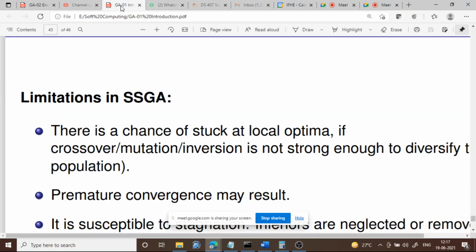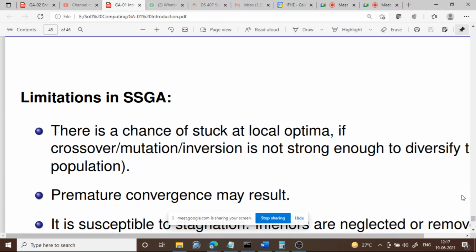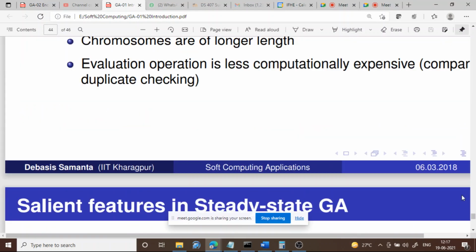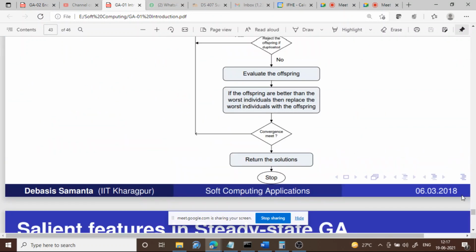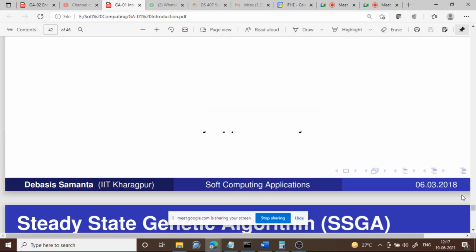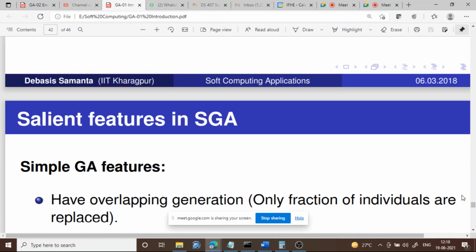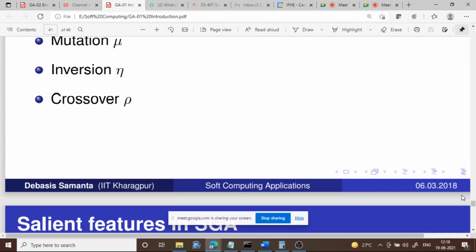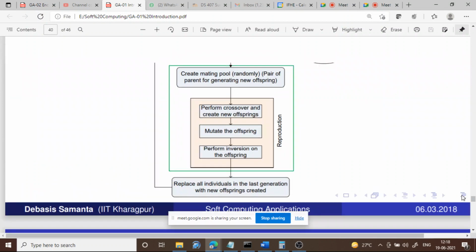So last class we discussed the introduction to genetic algorithm. Basically, we discussed why we should use genetic algorithm. Normally, genetic algorithm comes under optimization. Genetic algorithm is primarily used to solve optimization problems, but the traditional optimization techniques cannot be used for most of the real world problems. So in such cases, we go for genetic algorithms, right?